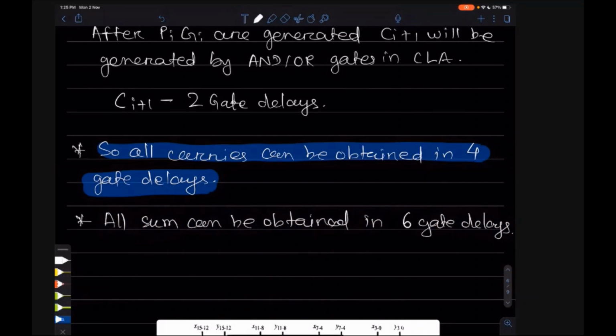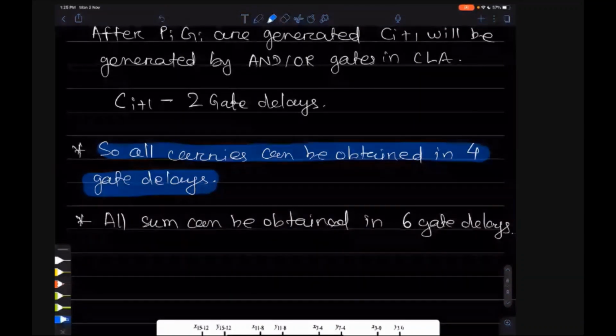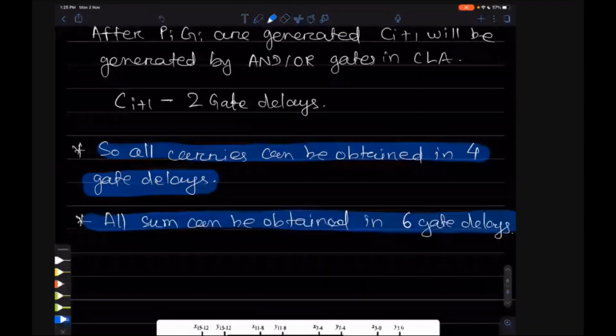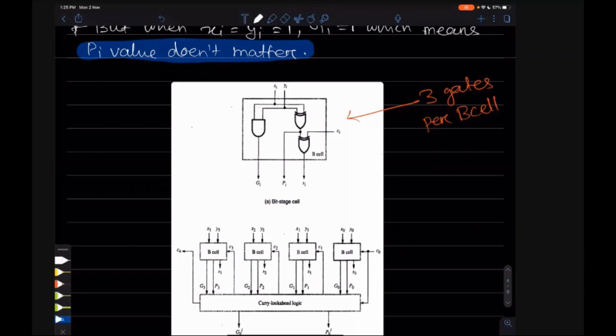So 6 gate delays are needed for the sum circuit, because 4 gate delays are required for the carry. After the carry is generated, then the sum will be calculated. After the carry there is only one XOR gate. So carry plus 2 for the XOR gate, then the sum will be generated, and all sums will be generated parallelly, because all carries are generated parallelly.